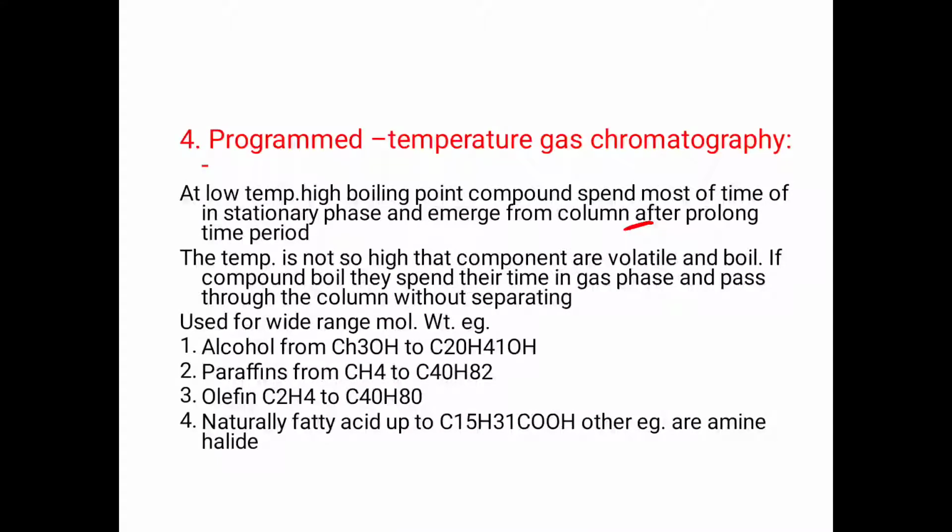So the initial temperature during the injection of the sample is 50 degrees Celsius, and as time goes on the temperature is increased at 20 degrees Celsius per minute, up to a maximum temperature as high as 300 degrees Celsius in the column. Very high temperatures are not used because the substrate may be lost by vaporization, and as the temperature becomes high the detector may be destroyed. Therefore this technique is carried out with suitable temperatures, that is program temperatures.